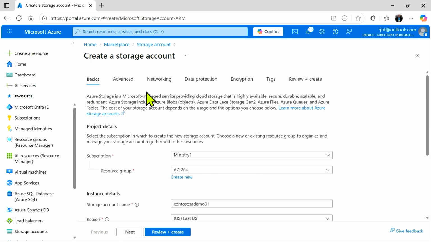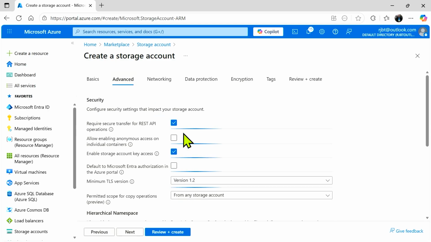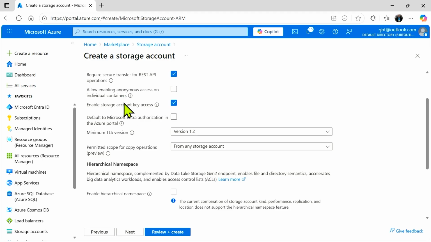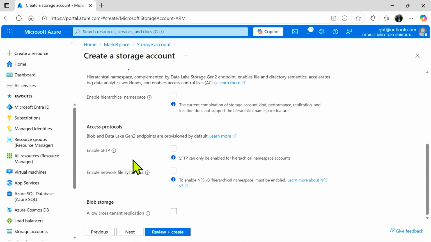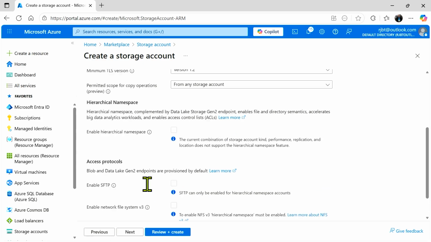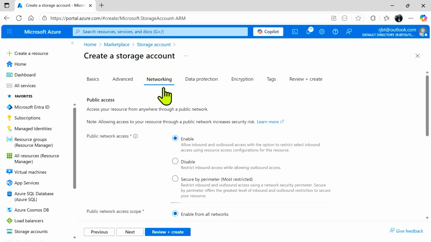Now, some of the other features that come along with the storage account under the advanced stage, we can take a look at the types of protocols that we're going to be using for this. We get into the types of storage. I can access this using a data lake storage for a hierarchical name structure. I've got my blob storage. I can use cross-tenant replication. I'm going to get into networking. We're not going to cover all of these right now, but I do want to take a look briefly at